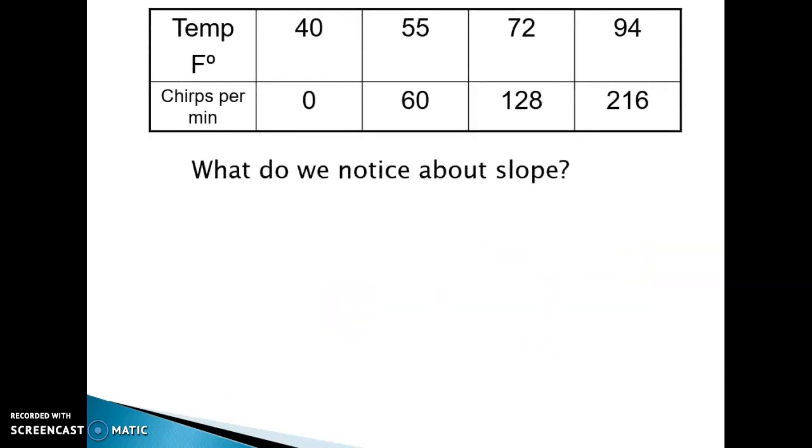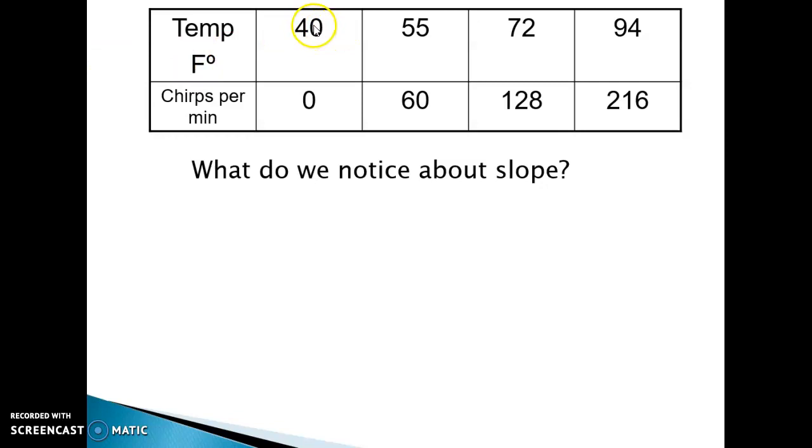First question, what do we notice about the slope? So let's look at the slope of these functions. If I took the slope, which is the change in the output value over the change in the input values, what do we notice about that? We could calculate the slope of each of these points, where each of these actually are data